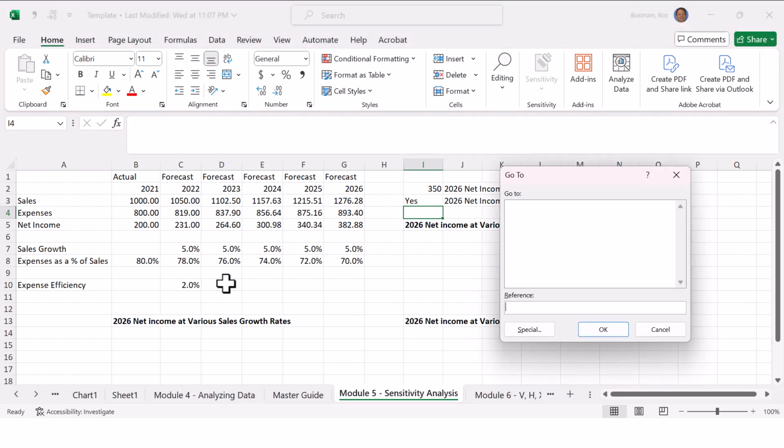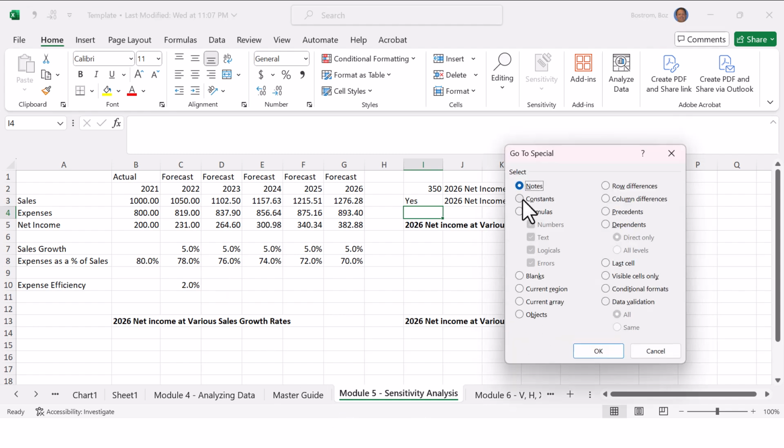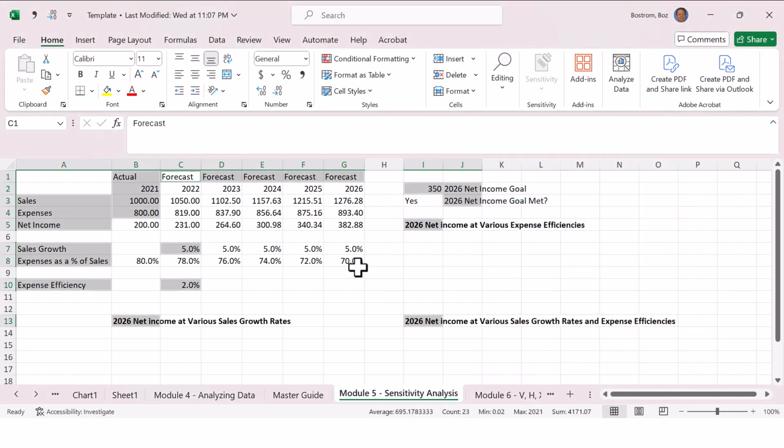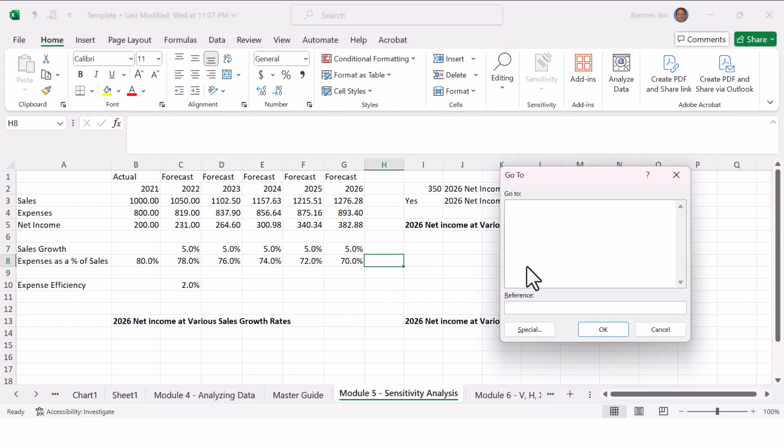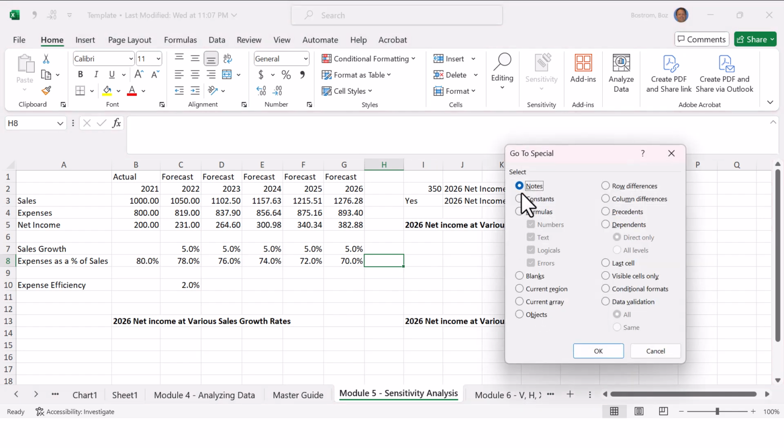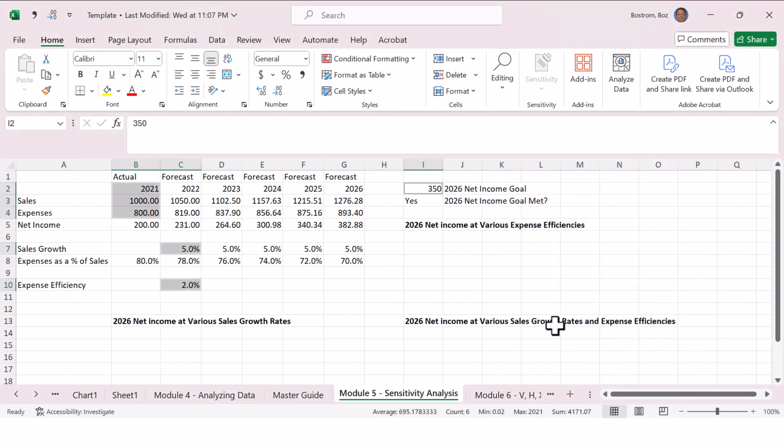But if I hit F5, special, and then constants, and had I left text right there, now it would highlight a lot of that text. And maybe I don't want all that text highlighted, so I'll click off to the side. I'll hit F5, special, constants, and I only want the constant numbers to be selected,